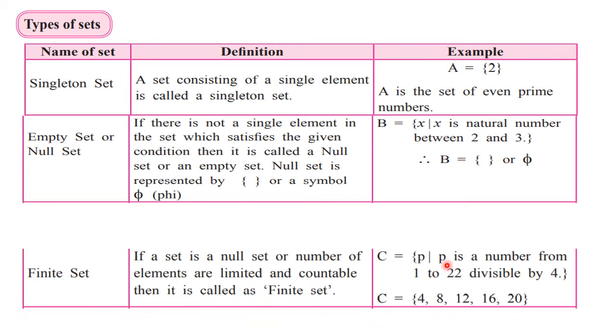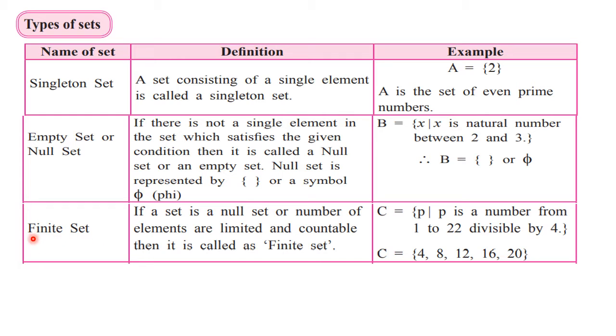Next is the finite set. You know the meaning of the word finite, meaning limited. So the set where the elements are limited or countable, we can count them. For example, if I say the set of first 100 natural numbers, I know that I am going to stop at 100. So the set elements are limited, or I can count them. Then such a set is called what? A finite set. Or in other words, the upper boundary is present for the set. If we start listing it, we are going to stop somewhere. Such sets are called finite sets.